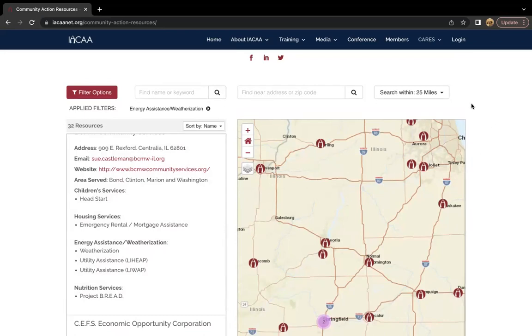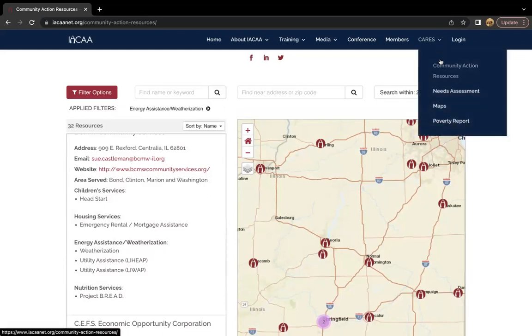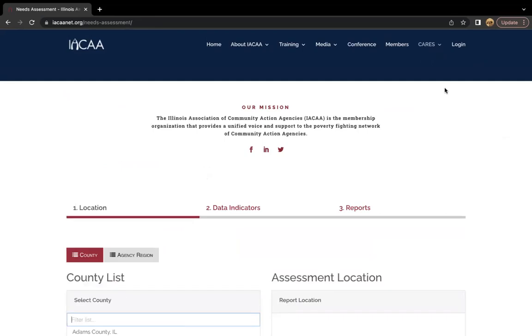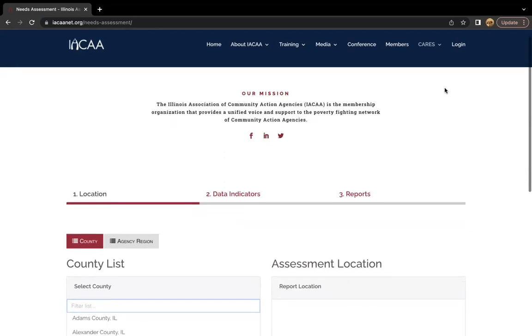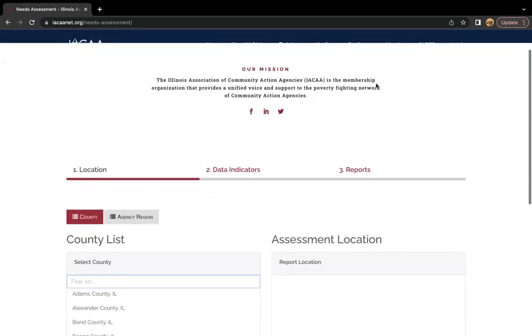So with that, I'm going to jump over to the next tool. Again, today is a quick overview because we're trying to hit all 4 tools here. So our next tool in the Data Hub is our needs assessment. Now, while we're loading here, note that the needs assessment is a tool for finding secondary data and creating community needs assessment reports. This tool has 3 really simple steps.